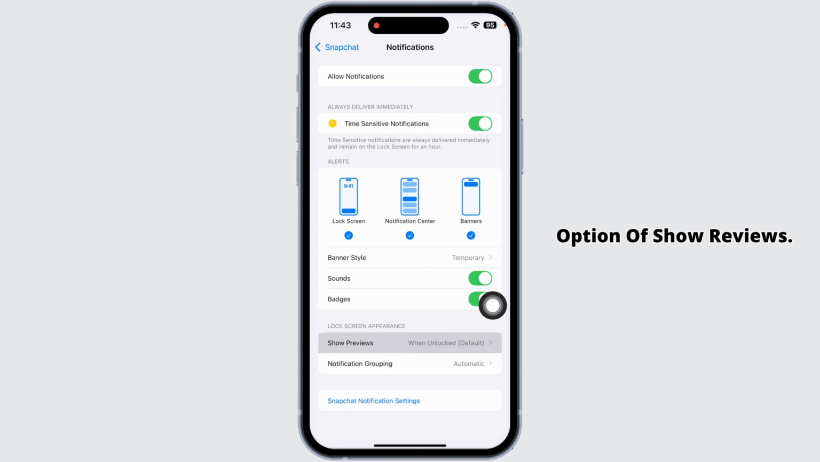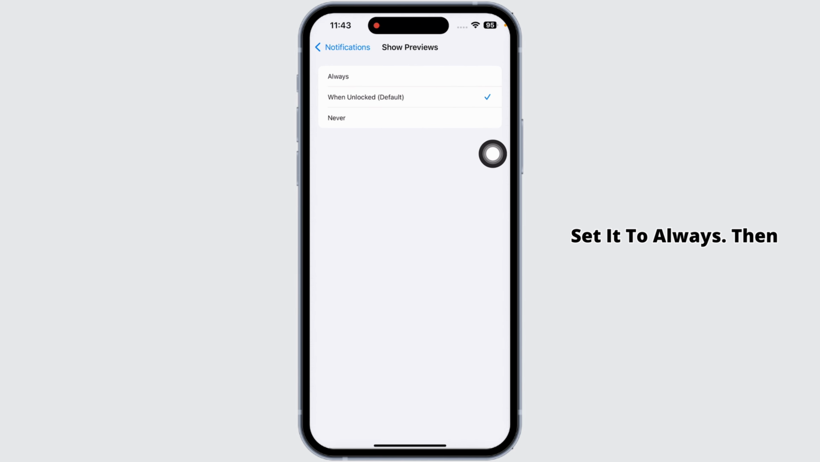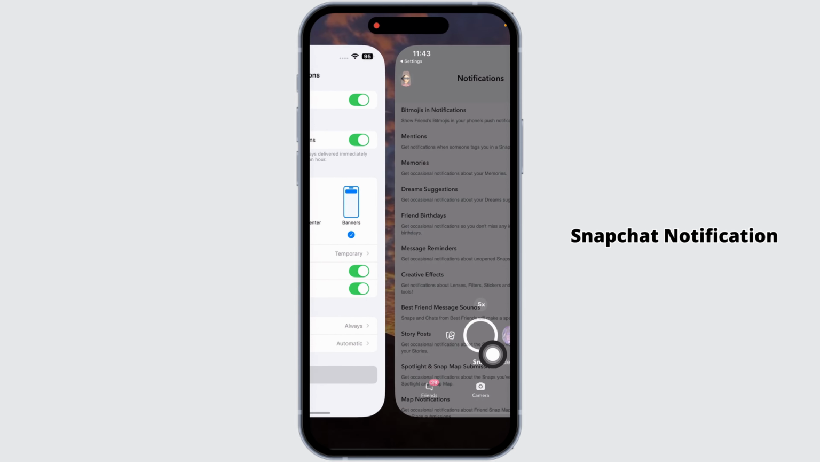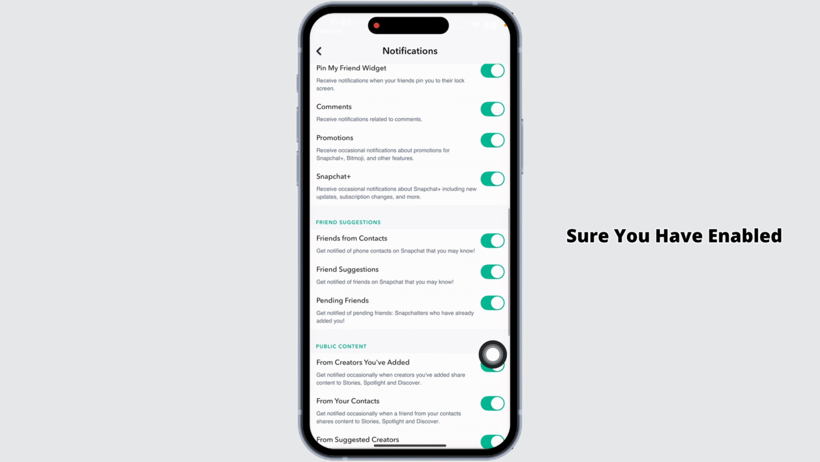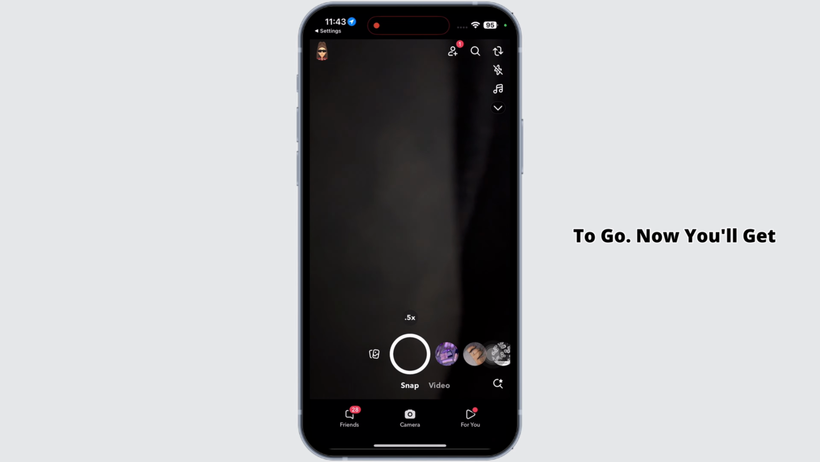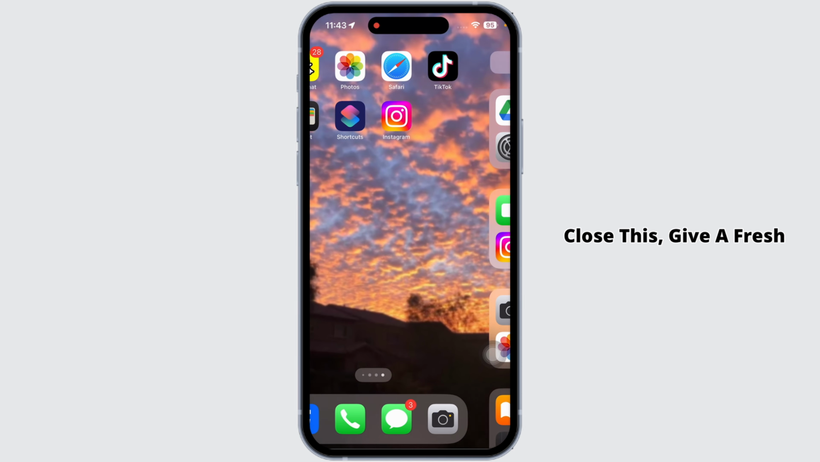Then click on the option of show previews. Set it to always. Then you can head back, check all these options. Then click on the option Snapchat notification settings and make sure you have enabled all these options. Once you do that, you'll be good to go. Now you'll get notifications from Snapchat, or else what you can do is close this, give a fresh restart